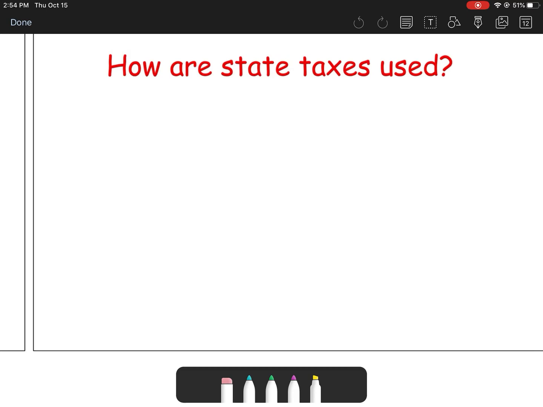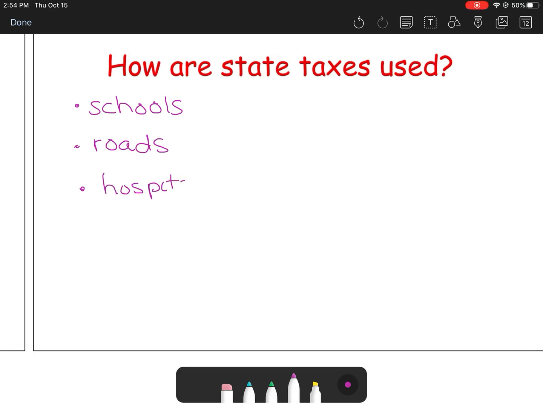Well, one way they're used, and you are in it right now, is schools. Another way they are used, well, how do you get to school? Most of us do drive, so the roads, and even if you walk, that's the sidewalks. Hospitals are another example of how state taxes are used. I'm sure you can think of other things as well, but those are three main items where